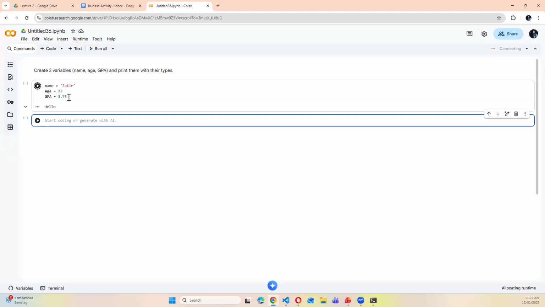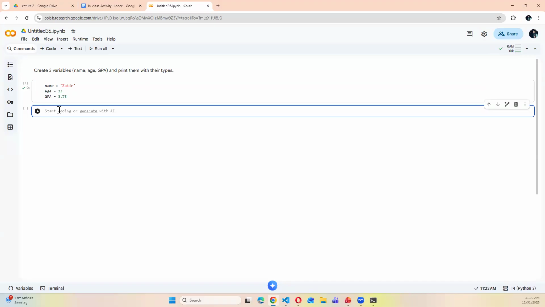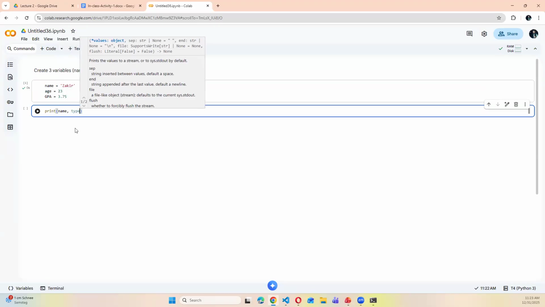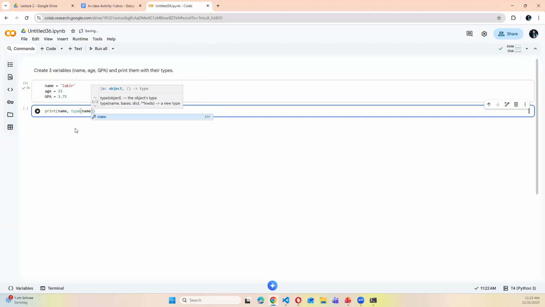Now if I run, it says print them with their types. So I will write print. What should I print? I will print the name, it should be like Zakir, and their type. I will write type and then name. I will do the same for all of them.